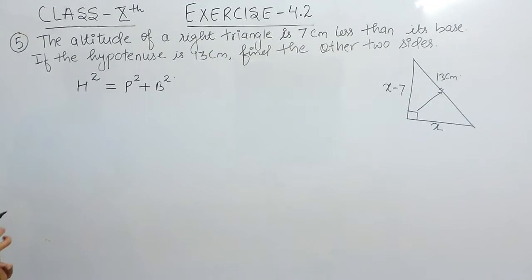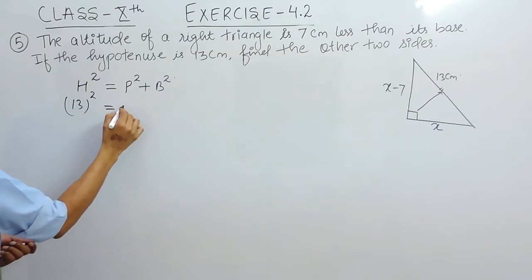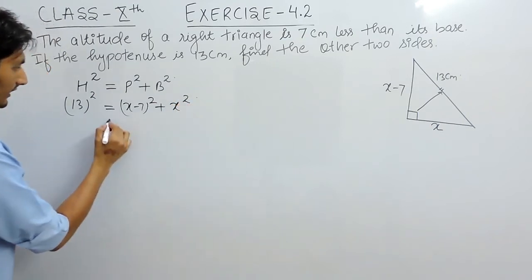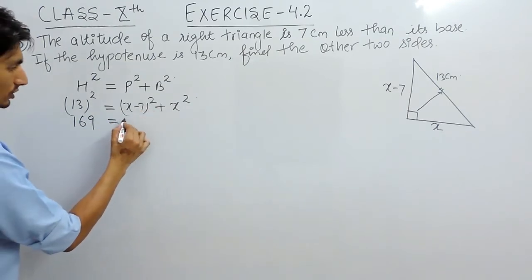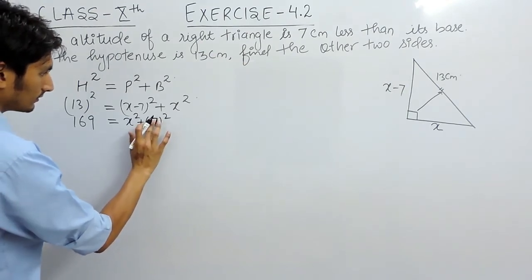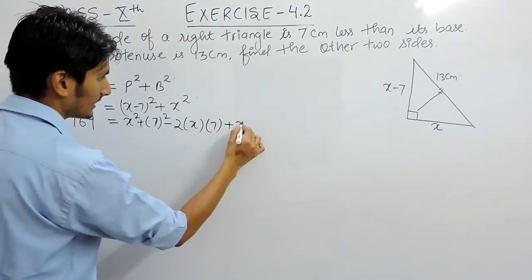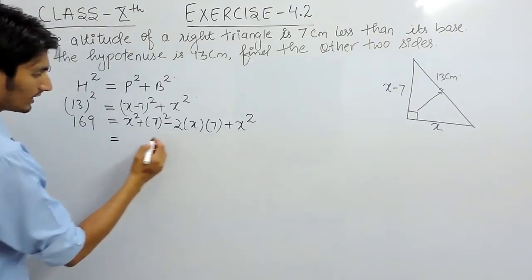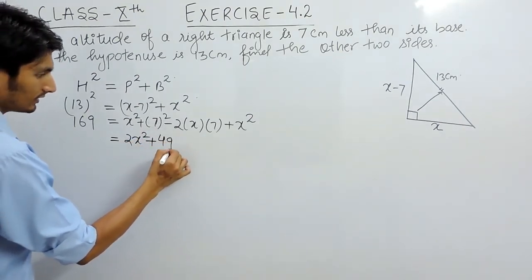Now you can substitute the values. Hypotenuse is basically 13, so this is 13 square. Perpendicular is x minus 7 square and base is x square. Solving it, 13 square is 169. This is (a minus b) whole square, so this should be a square plus b square minus 2ab, and this is plus x square. Further solving it, this x square and this x square are the same, so this will be 2x square and this will be plus 49 and